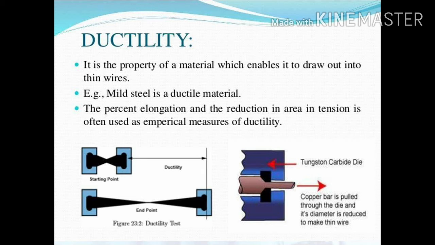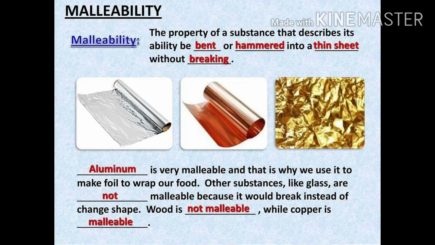What is ductility? Ductility is the ability of the substance to be stretched into wire. A very good example of this property is found in the string of the guitar or wires inside the electrical connections. While malleability is the ability of a substance to be hammered or transformed into a thin sheet. This can be seen among metals like the bracelet that you have right now in your hands, tin cans, and metallic